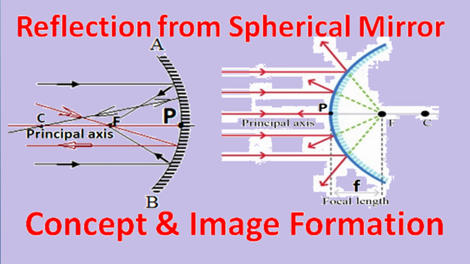We hope this small learning video has explained both the concave spherical mirror and the convex spherical mirror, and you could now understand how reflection from these spherical mirrors takes place. And with this concept you can also form the image for any object placed anywhere between infinity and pole for both the concave spherical mirror